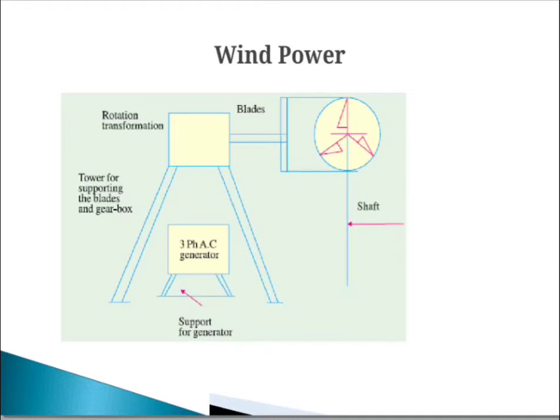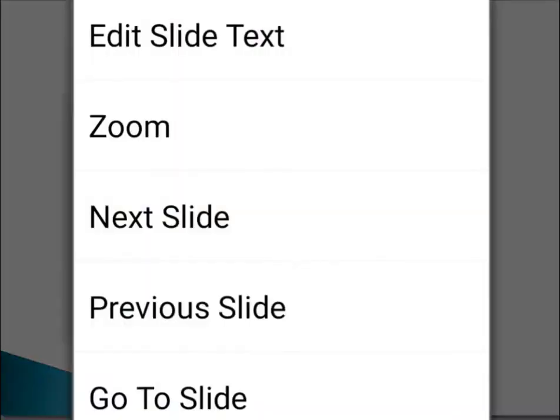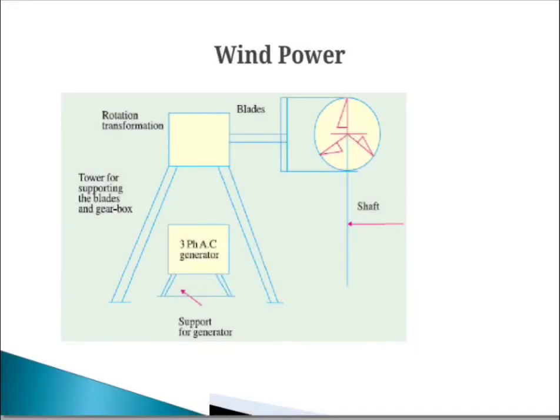Next one is the gearbox. A wind turbine does not rotate at high speed; rather, it rotates gently at low speed. But most electrical generators require high speed rotation to generate electricity at the desired voltage level. So there must be some speed multiplication arrangement to achieve high speed of the generator shaft. So the gearbox of the wind turbine does this; the gearbox increases the speed to much higher values.